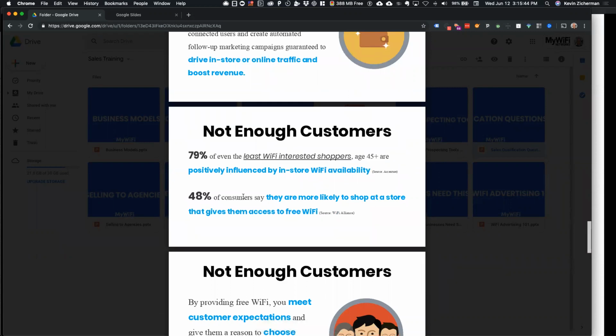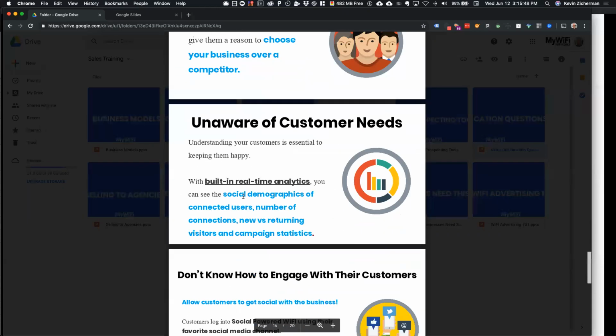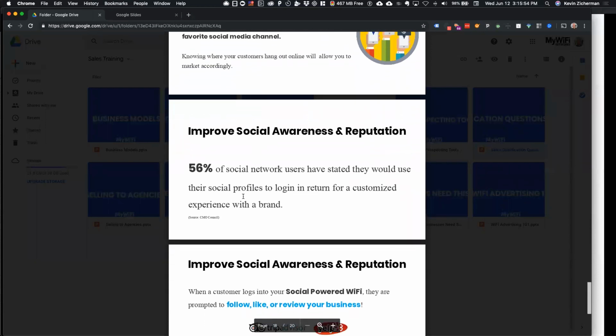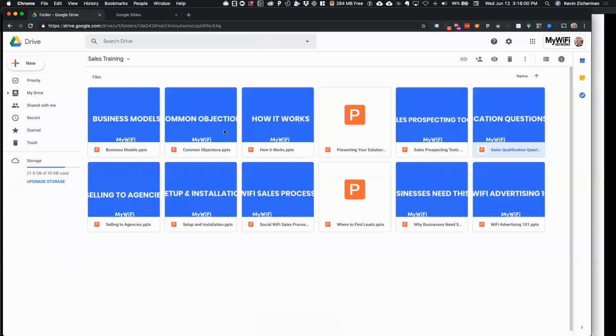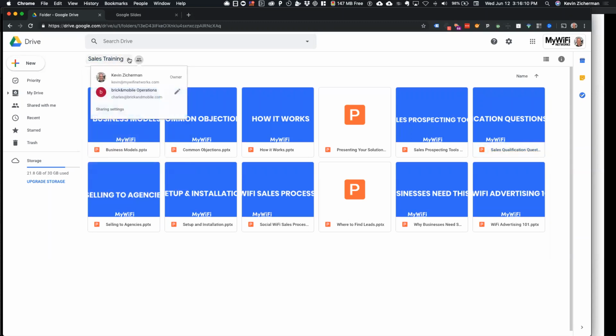If you're like any other business, you don't engage with your customers. You're not aware of your customers' needs. You don't know how to engage with them. Even if you do, you want to improve social awareness. And these are just a lot of backup slides and extra content that you can use for your presentations. I encourage you again to go through all of these. These are a lot of the slides that you can use for sales training, concept training. That's over here. If you go back a level